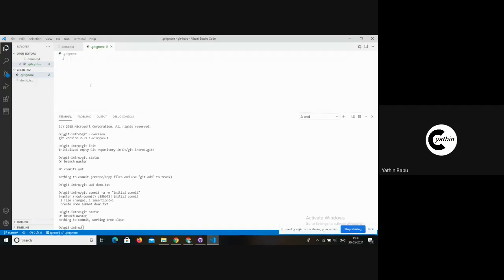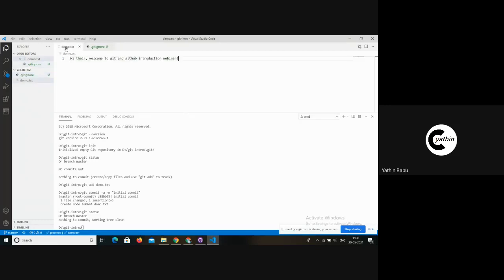And also, even if in your source files you have any confidential information that you don't want to push to a remote repository, I will be talking in a few minutes about what a remote repository is and what a local repository is. So if you have any files like that which have confidential information, or files you don't want Git to track, you can just include the names of those files.